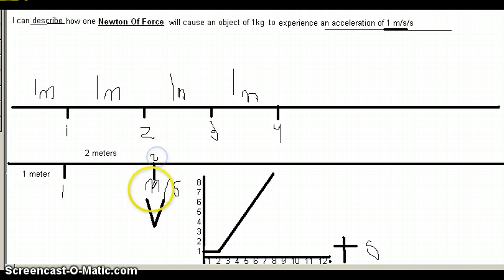So this is the second. And if the trend continues at an acceleration of 1 meter per second per second, at 3 seconds, it would have traveled 3 meters. Like so. So that is how you show 1 meter per second per second on a velocity versus time graph